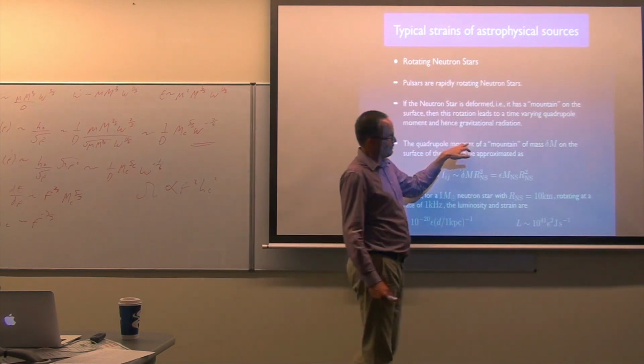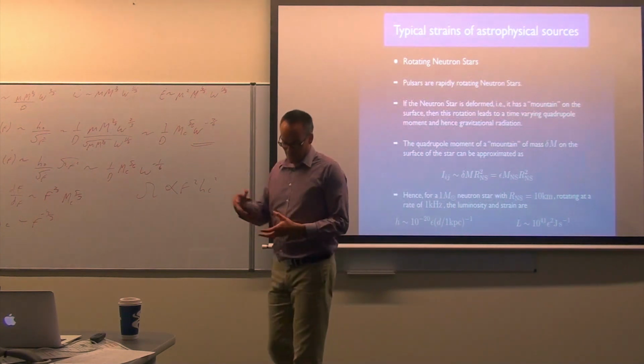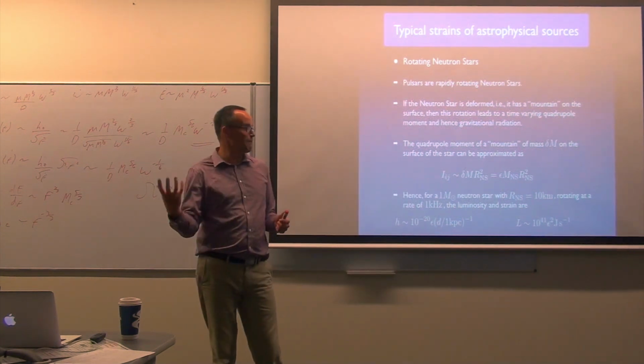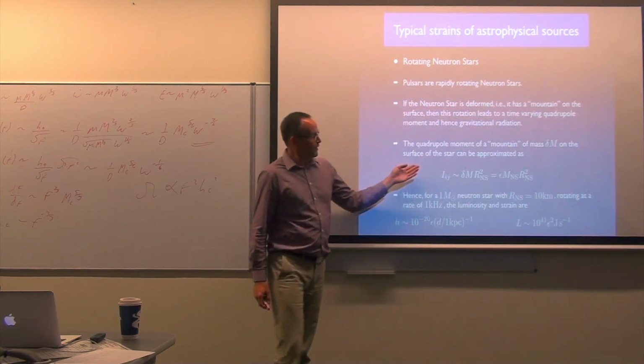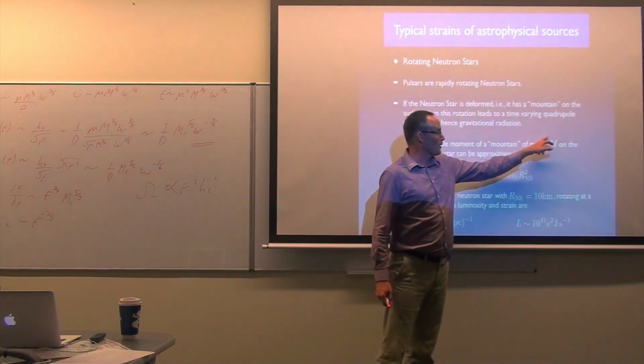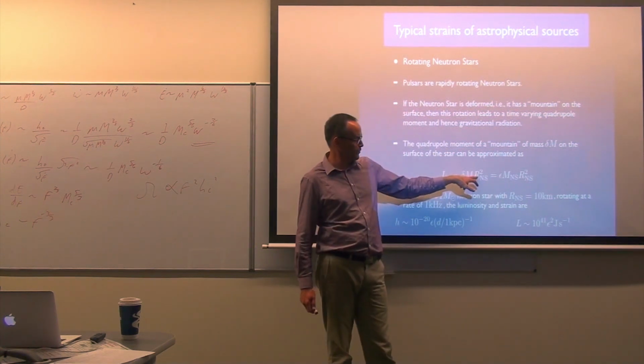You can approximate this very crudely by saying that a quadrupole deformation is a lump of mass that's bolted to the side of your neutron star. So the quadrupole moment is delta m times the radius of the neutron star